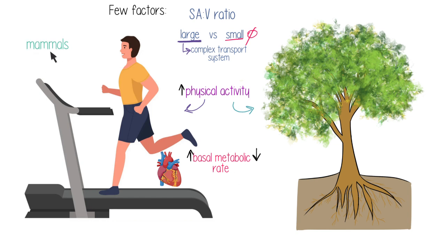And mammals, therefore, tend to have a more complex transport system that includes the heart and the blood vessels and blood itself, because they're much larger in size and are very physically active. They also possess complex organ systems such as the nervous system that includes the brain, that requires lots of energy to function and stay alive. Plants, in comparison, are relatively much less complex and are not as metabolically active.